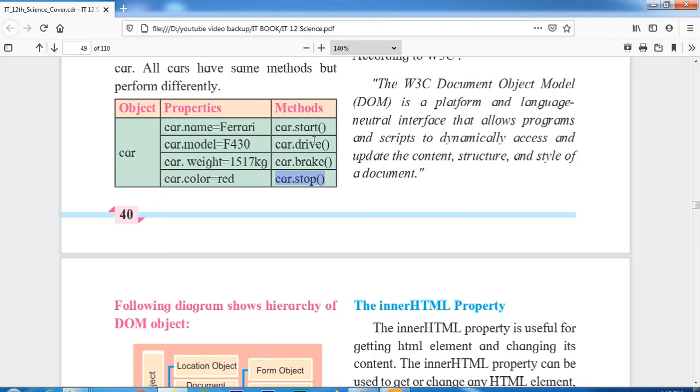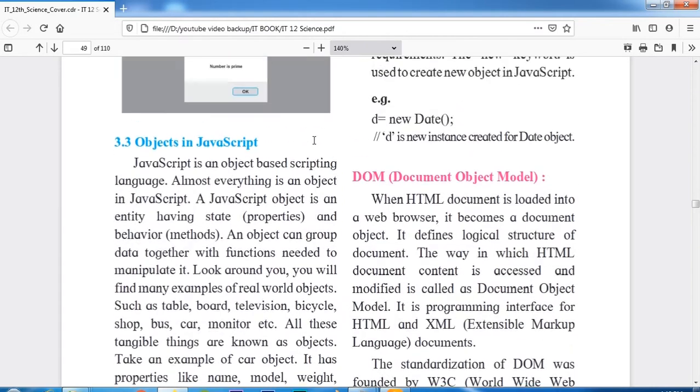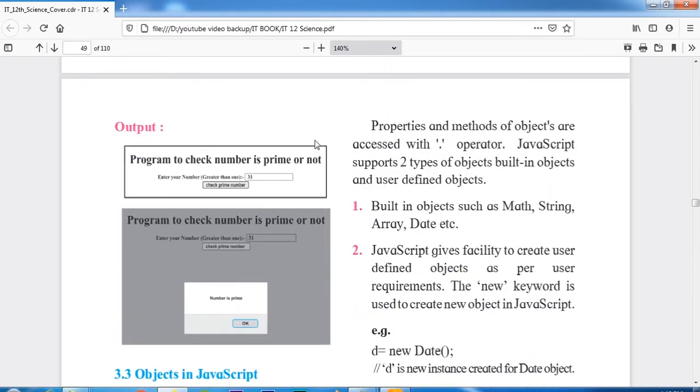So in brief, properties and methods of objects are accessed with the dot operator. JavaScript supports two types of objects, built-in objects and user-defined objects.